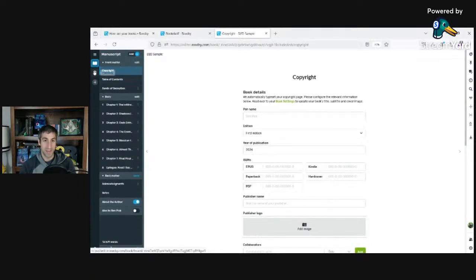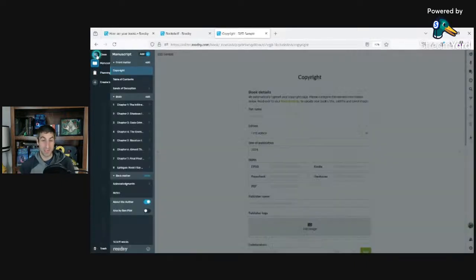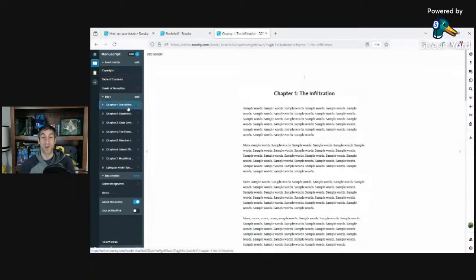Yeah, so I'm trying to figure out the page that I need to go to change the title page. I guessed wrong a few times, so you can see what other functions are available within Reedsy. But this is the demo of the various formats before I back out to the bookshelf tab.